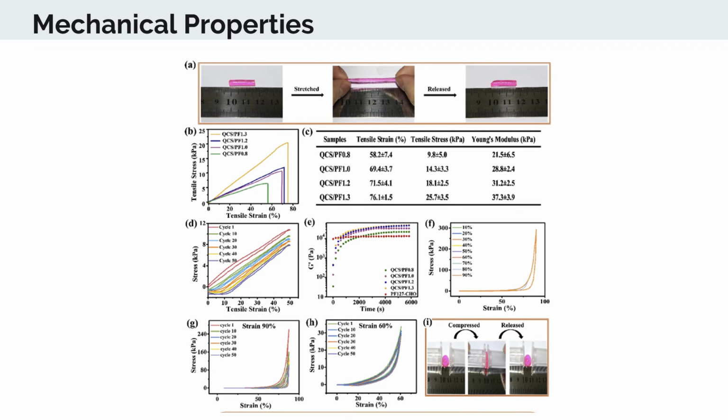Figure 3 shown here is all about the mechanical testing performed on the hydrogels. There is a lot going on in this figure, but the most significant results are B, showing stretchability of 76.1% to 58.2%, which is in line with joint bending. C, showing moduli of 21.5 kilopascals to 37.3 kilopascals, which is also similar to skin, which helps ensure the integrity